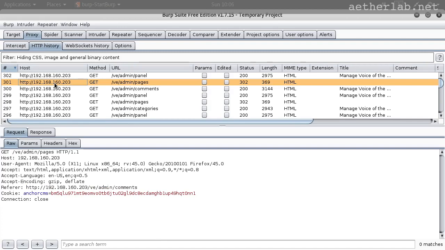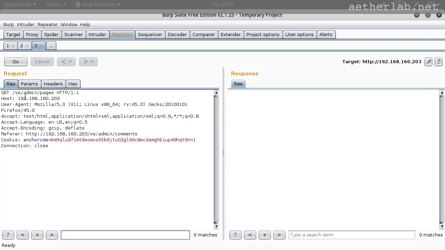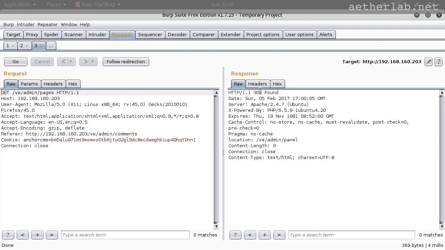And I take a request which is sent to the pages and send it to the repeater. And let's see, you can see that if you try to load pages, you get a 302 Found and it redirects to the admin panel. Okay, so I'm just guessing here. If it's a parameter, then it might be a parameter for the GET request, say role equals, and I guess it has to equal with some roles. So let's start with administrator,